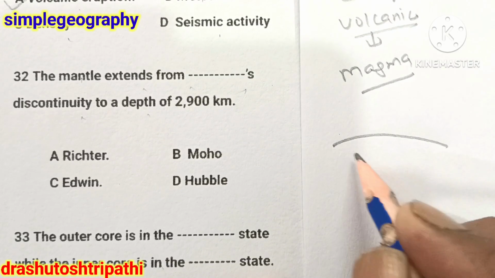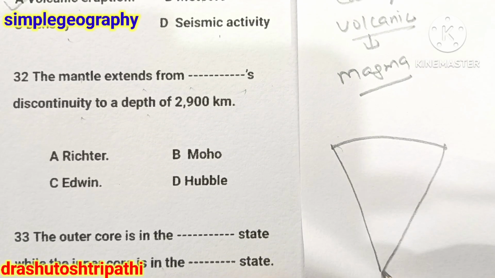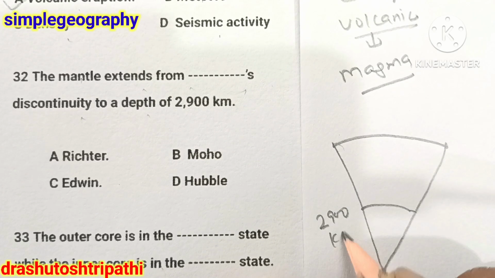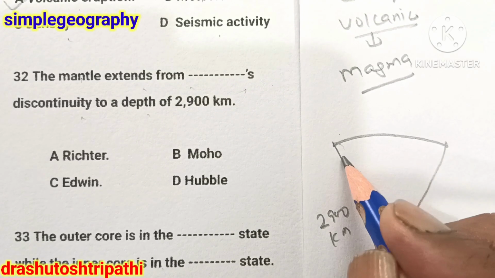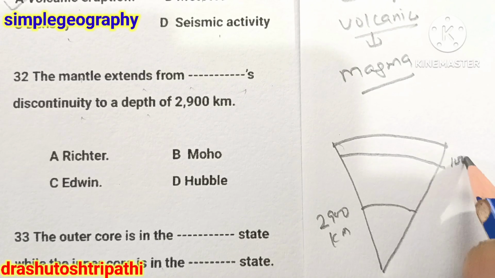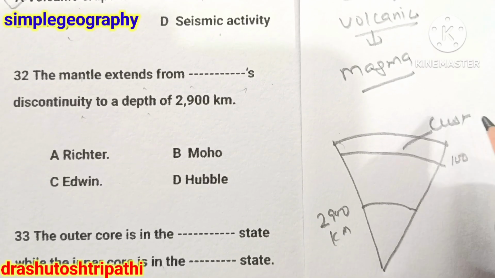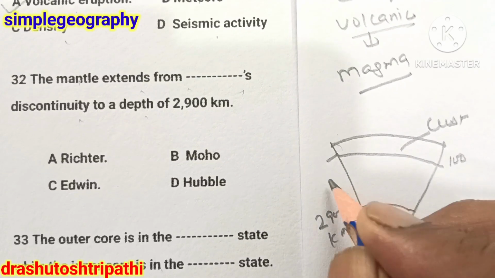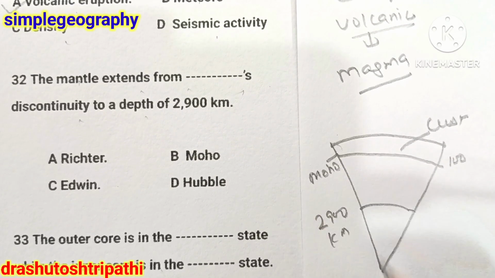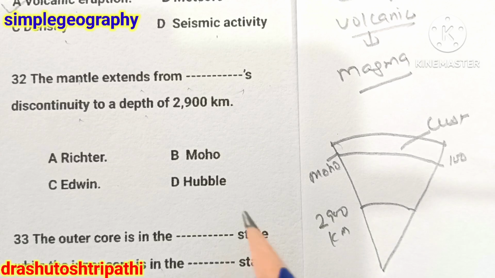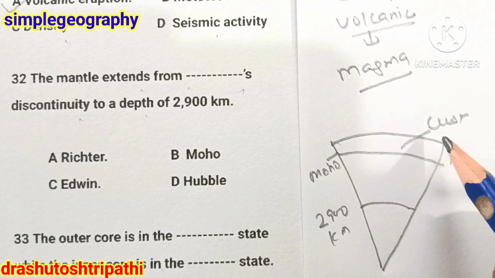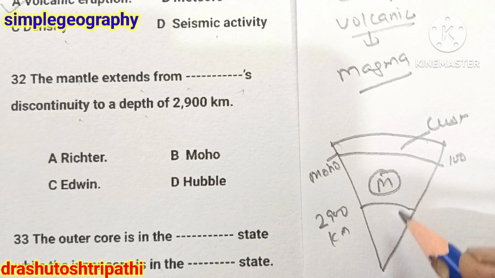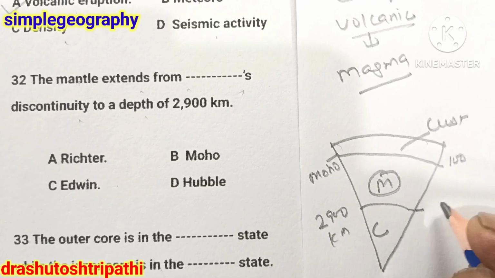The mantle goes up to 2900 kilometer, and that is the crust. The layer which separates the crust from the mantle is the Moho discontinuity, and the layer which separates the mantle from the core is known as the